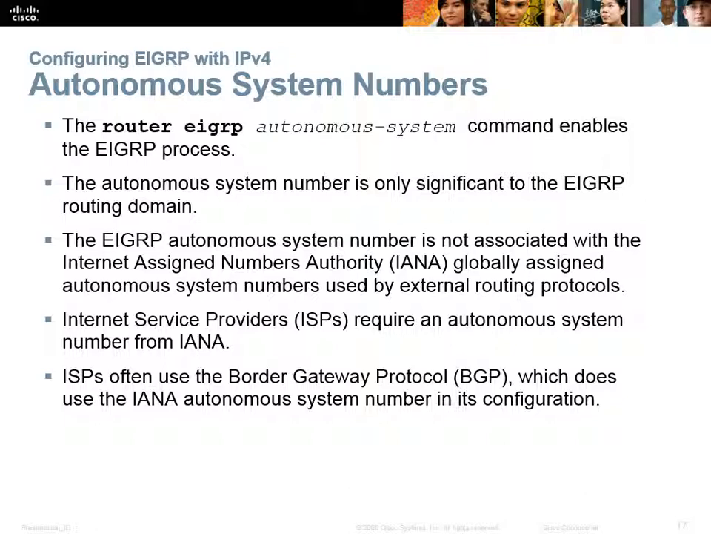And that's for external to your network. They could care less about internal to your network. You'd never use EIGRP on your internal network anyway. You'd use static. ISPs require autonomous system numbers from the IANA. ISPs also use what we call the Border Gateway Protocol, which you would get into when you get into your